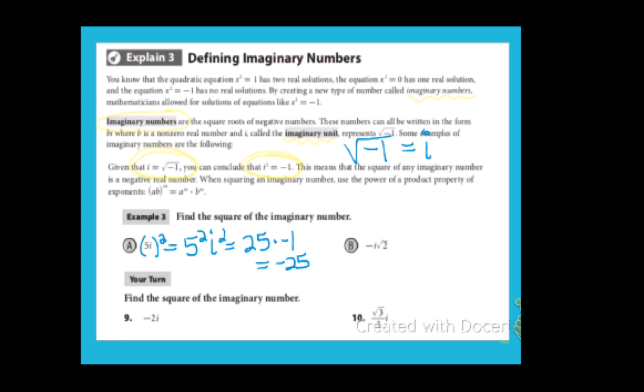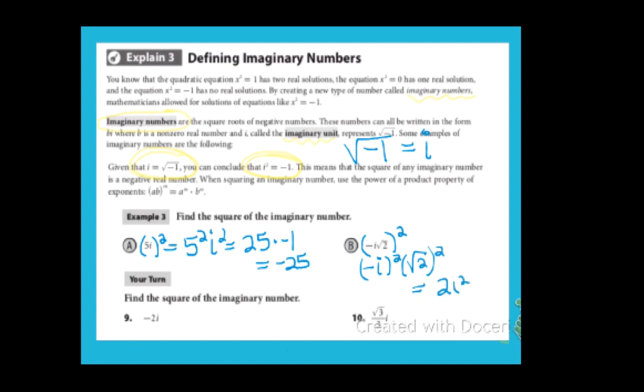And what about negative i square root of 2? If we wanted to square that, the first thing we would do is square the negative i. And of course, when you square anything, it's always going to become positive. So that would actually make i squared. And if we squared the square root of 2, that's simply going to cancel out the square root. And that would leave us with 2